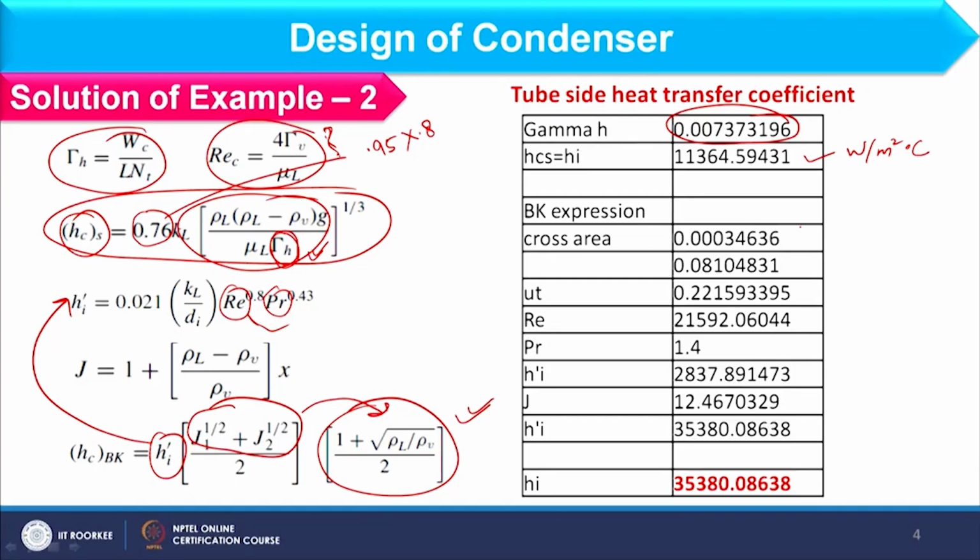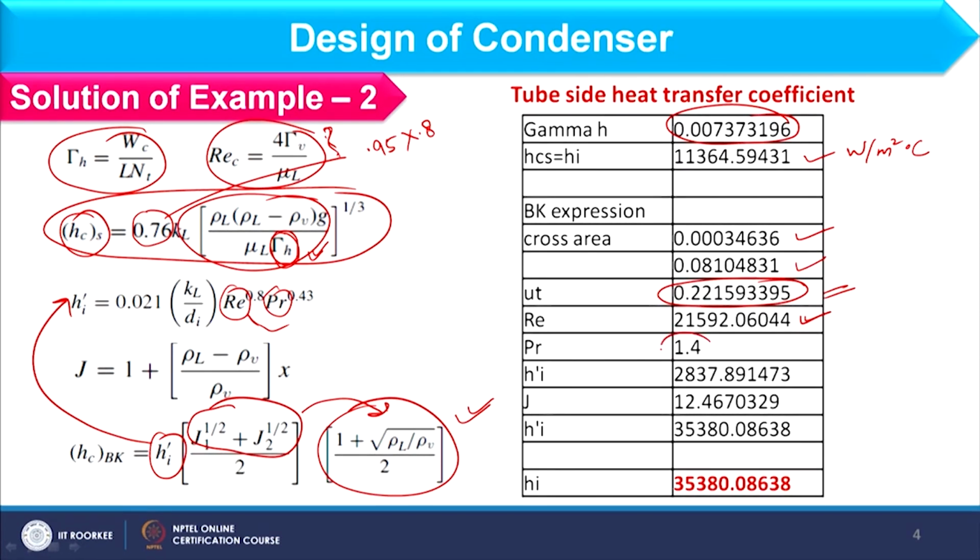So, for that you have to find out cross sectional area, as we have done in previous examples also. Velocity you can find like this. Now, this velocity you should not compare with any range, because this is for the condensate and whatever flow is given, accordingly you have to find out the velocity, and Reynolds number you can simply find out as